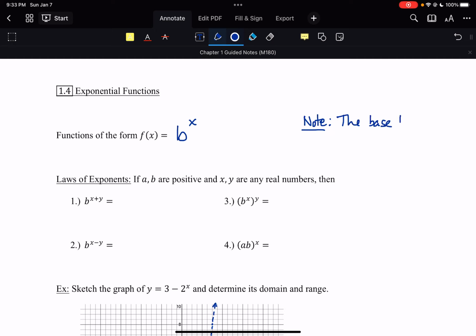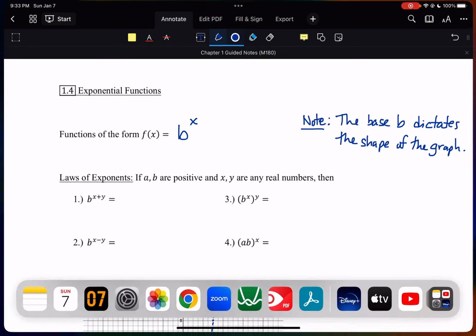and we can make a note here that the base b dictates the shape of the graph. So the value of b is going to determine specifically what this graph looks like. Now, they all have a general shape that they obey, but if we look at, for example, a couple different bases,